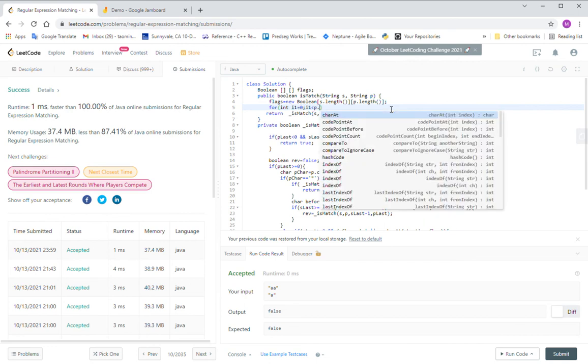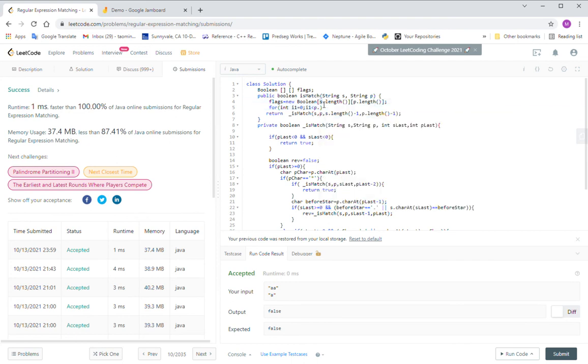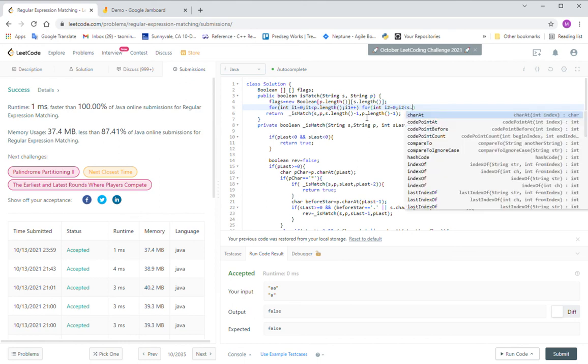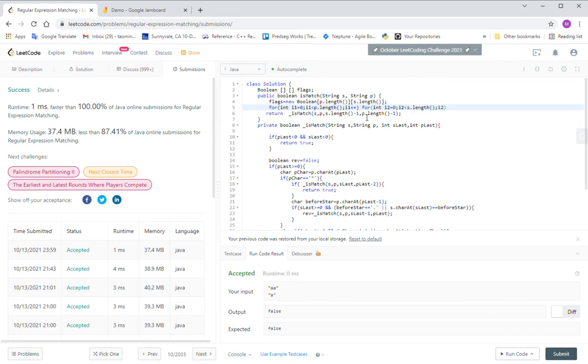So, okay, here normally we use p and s. So p dot length, we initialize them for i1 equal to 0 and i2 less than the s length, and flags i1, i2 to null. And then here